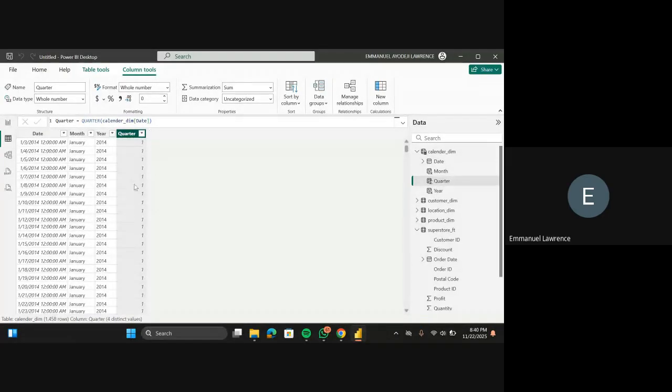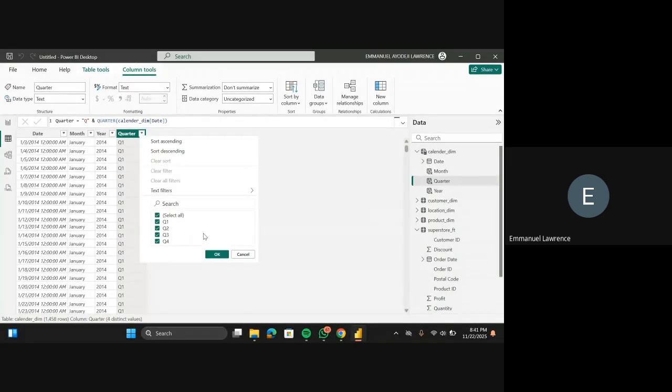So now I want to include Q in the name, so I can know that it's quarter 1, just to add more description to it. Quarter 1, quarter 2. To do that, I'll put Q here in double quotes. Then I'm going to join everything using the ampersand symbol, which is this. Then I click on enter. Once I click on enter, you can see we have Q1 like that. So it's divided into Q1, Q2, Q3, and Q4.